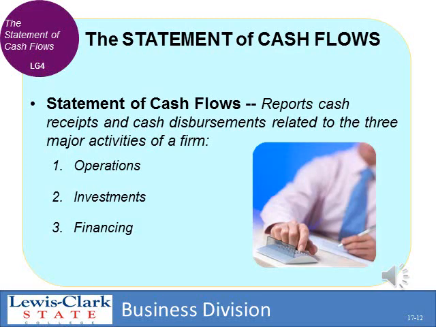The third financial statement is a statement of cash flows, and you have heard or will hear that cash is king. And the statement of cash flows lets you see where the money that the company needs to operate is coming from, and it can come from operations. That would be profit. It could come from investments. Perhaps it has sold some stock or investing in other things, and it also could be financing. Maybe it's getting a loan, and that's where their money is coming from. But the statement of cash flows is a very, very important statement because it shows you where that operating capital is coming from.